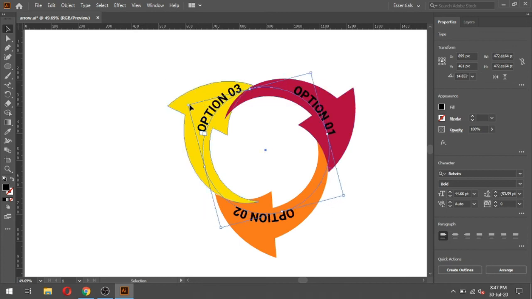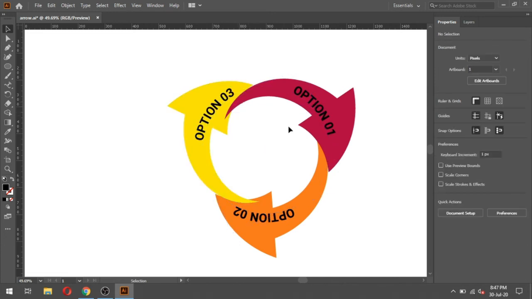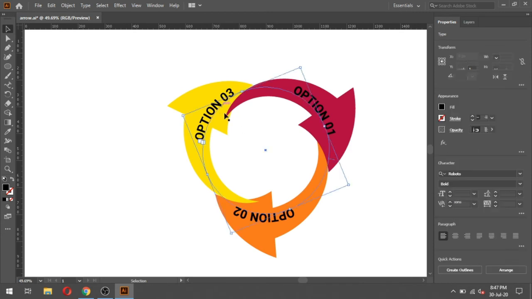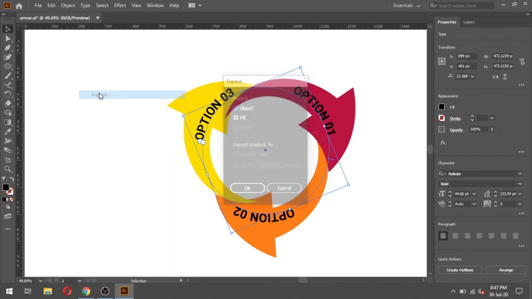Rotate it. Select the circle or text, click on Expand.